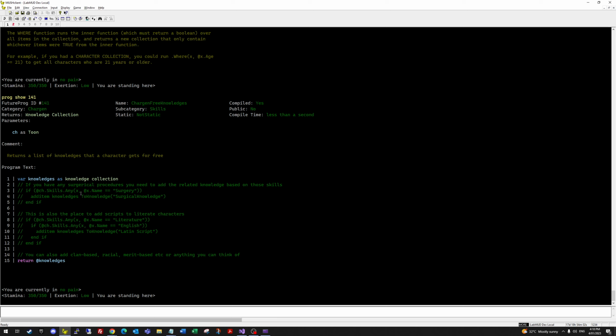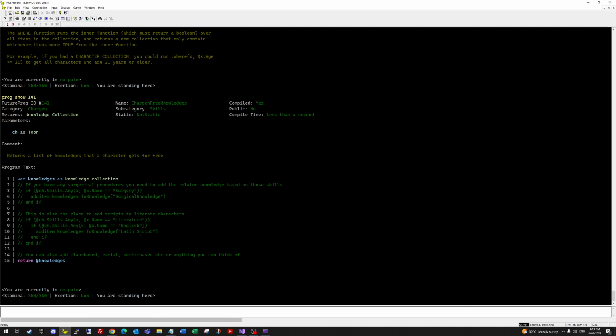We'll cover how to find that out in a second. Similarly, literacy is done through knowledges. So if the character is literate, and you can have different ways of determining whether your character is literate. Like if you were doing a modern or futuristic MUD, you probably want to assume everybody's literate unless they have a flaw, which is how it's done in LabMUD. In a pre-modern game, you might require them to take a specific skill or something like that to indicate that they're literate. But basically, this one here is going, if they're literate, and they have the English skill,